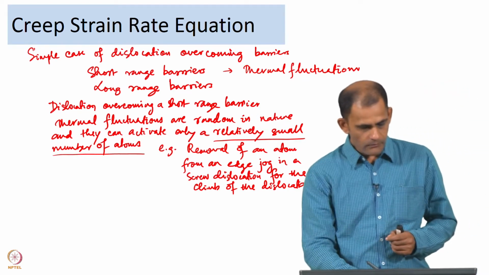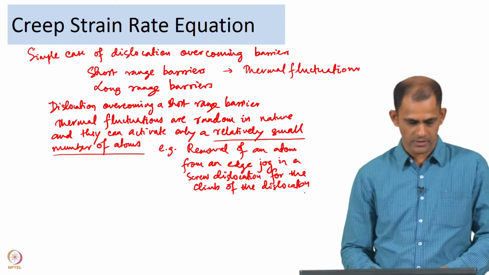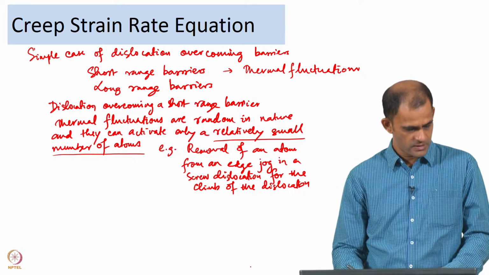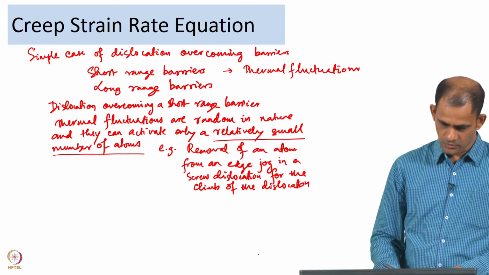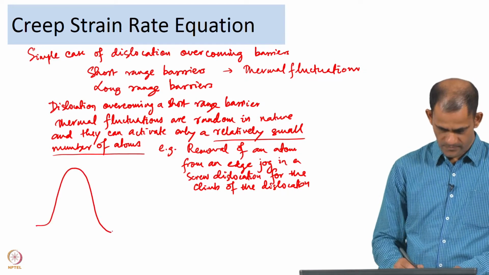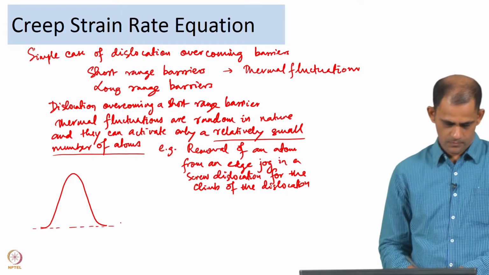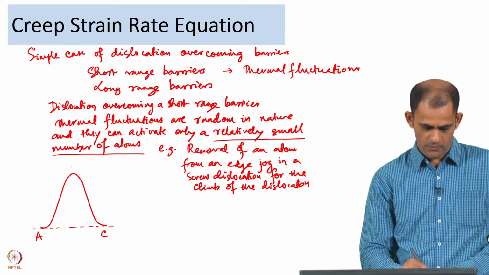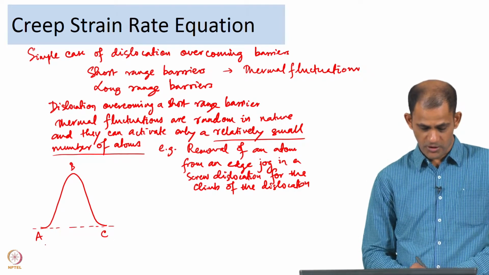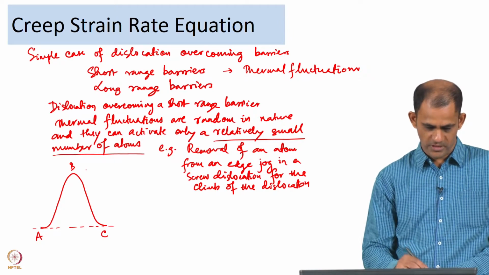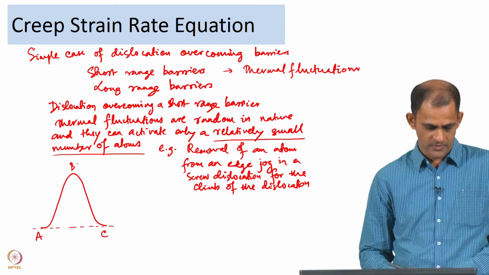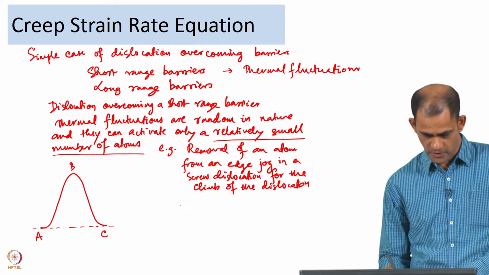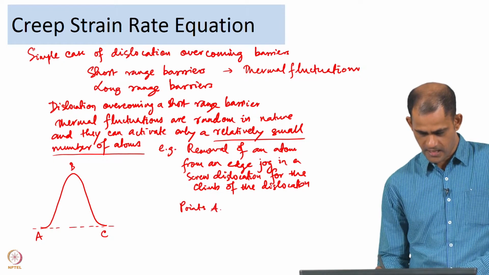So, for the dislocation to overcome the barrier, it is an energy barrier, and the energy is being provided by thermal fluctuations. Let us now look at a simple diagram. Say this is a barrier, you have position A and position C. To go from position A to C you have to overcome a barrier, and the top of the barrier is position B. Points A and C